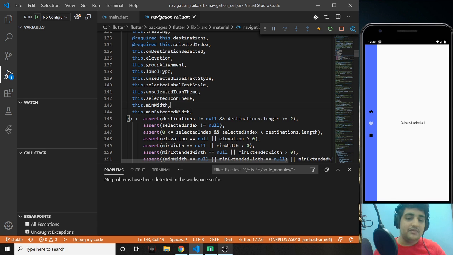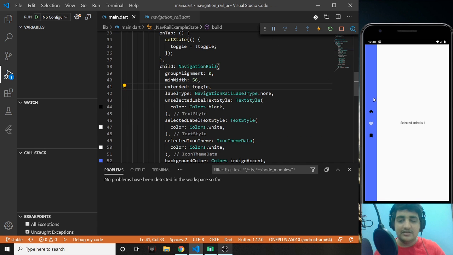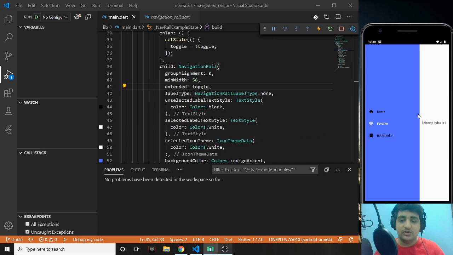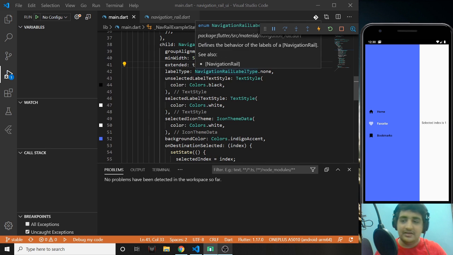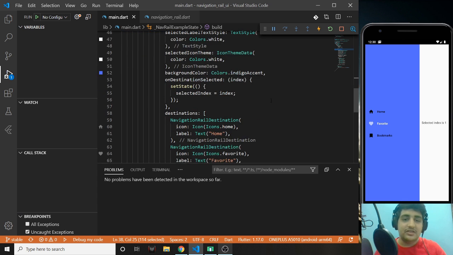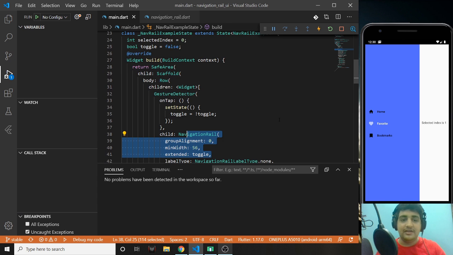We can select a minimum width, extended width as well. It is the same thing basically. If it's extended, what should be the minimum width? It can go up to the end. So there is really nothing to teach there. So this was extended rail. If you still need the code, I will upload it on GitHub and have the link down. But I don't think you will need it after this because I've just told you how to do it without documentation and code, right?